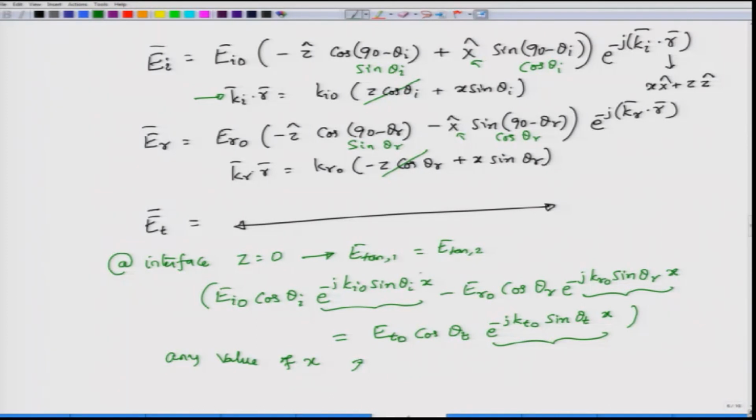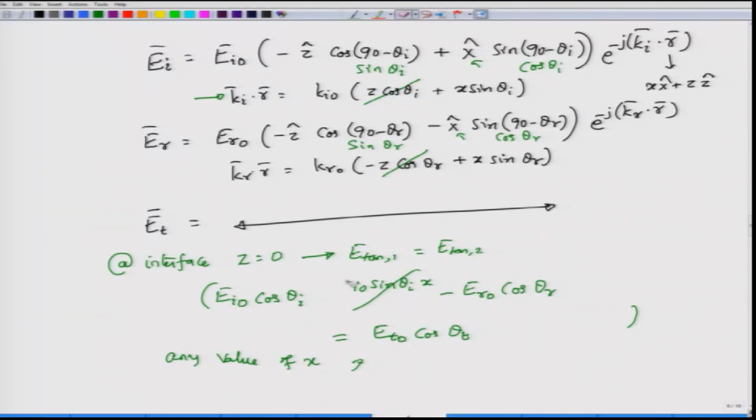and now that I have realized that all the phase terms are essentially going to be the same, I can remove these phase terms from this expression. So, I can remove these e power minus j terms from the phase expression. I have removed it here, and I have obtained a reasonably simple equation. This equation is the result of the boundary condition for the tangential electric field.